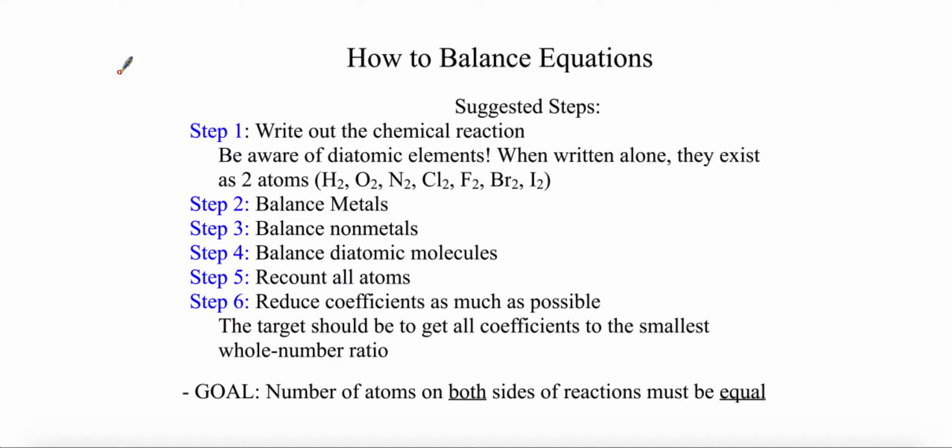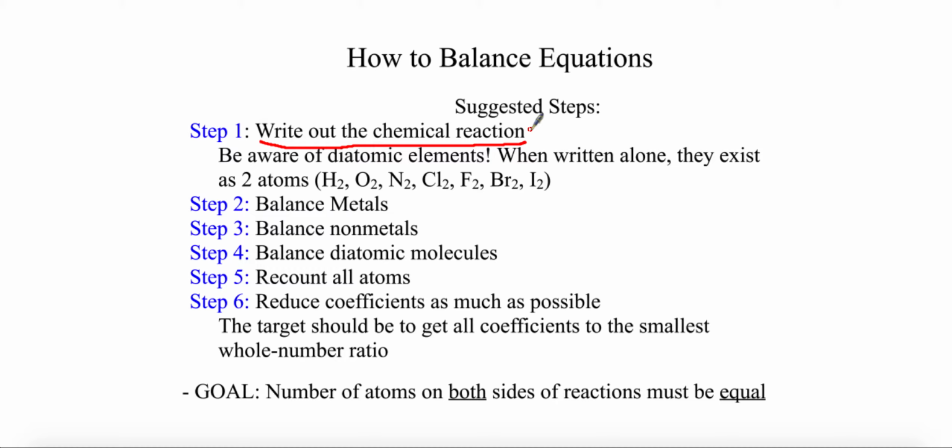But the one really important thing that has to be consistent between everybody is writing out the chemical equation correctly. That's why it's the first step and the most important step. If the chemical equation is written incorrectly, then you have the wrong number of atoms, which means when you go to balance it, you are equating the incorrect number of atoms to one another. So I cannot stress enough how important writing the reaction is in order to balance it correctly,